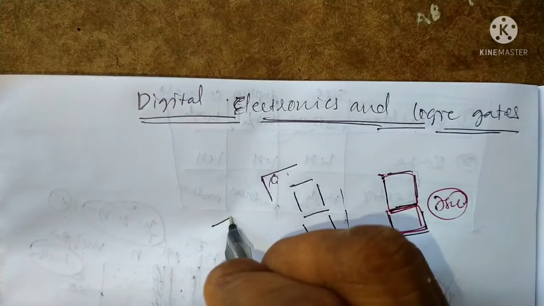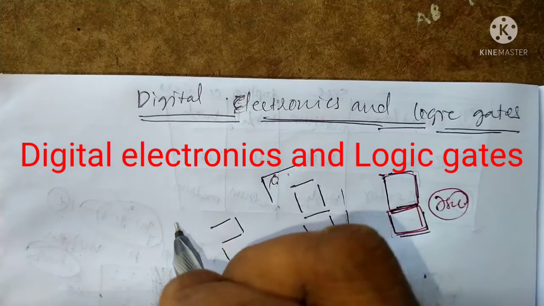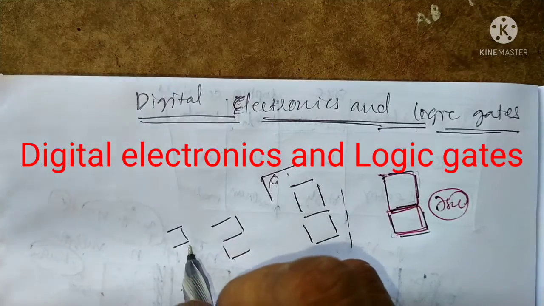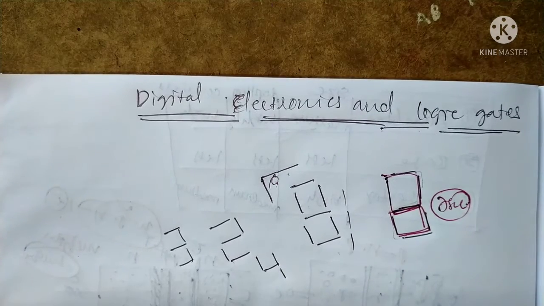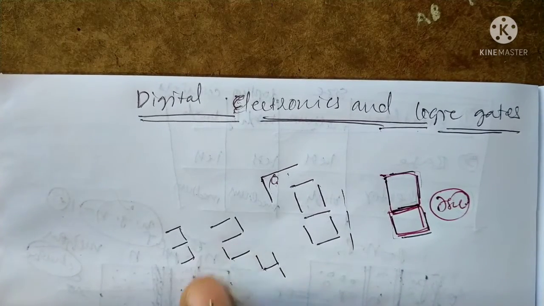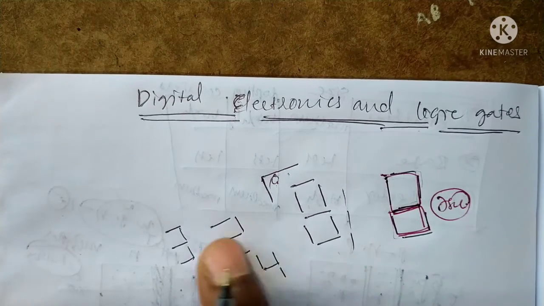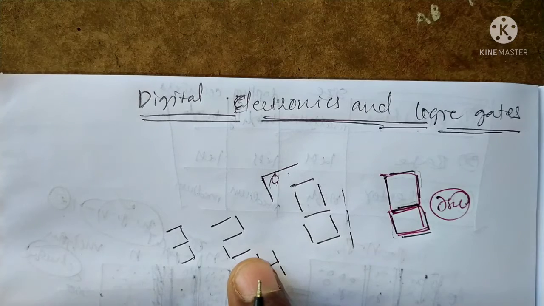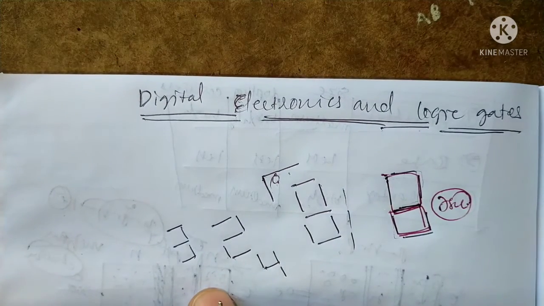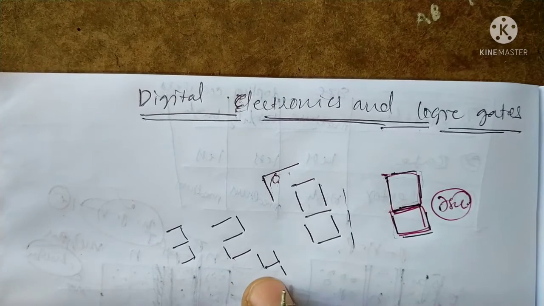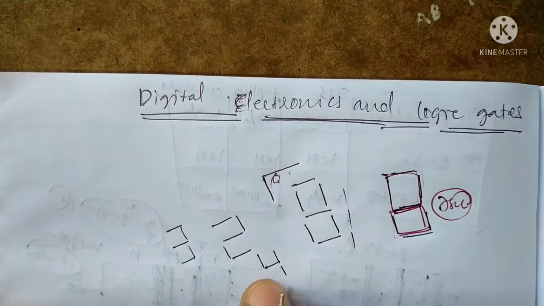Suppose you want to write 2 like this, that is a 2. You can write 3, that is 3. Suppose 4, that is 4. It is a digital form, where numbers are displayed in computers, cells, electronics and calculators. These use semiconductor devices, which can be modified into digital circuits, that is digital electronics. Now we will discuss how to get digital electronics.